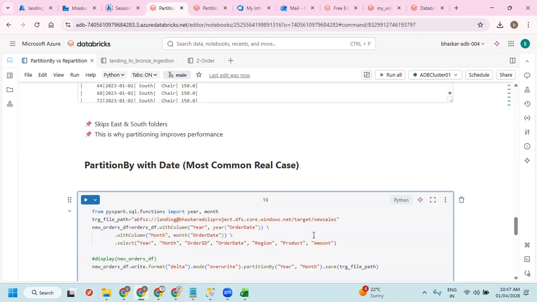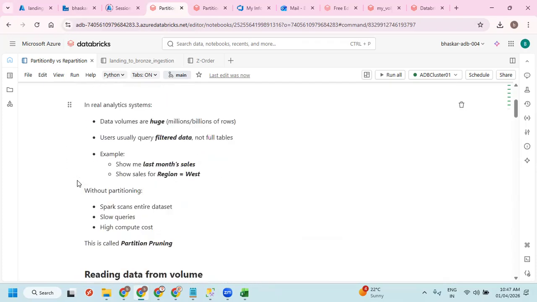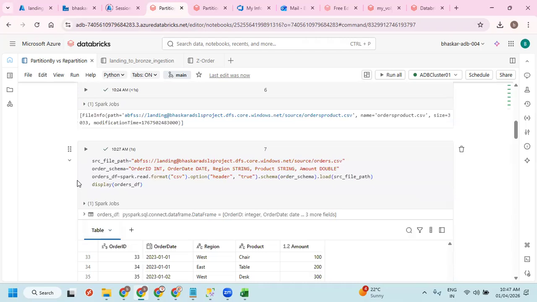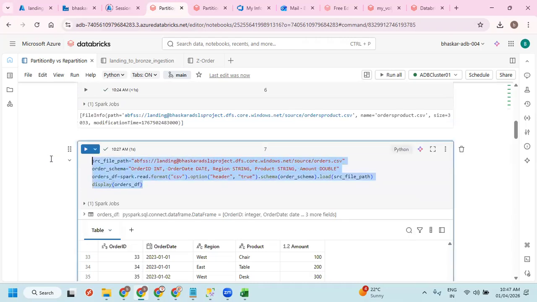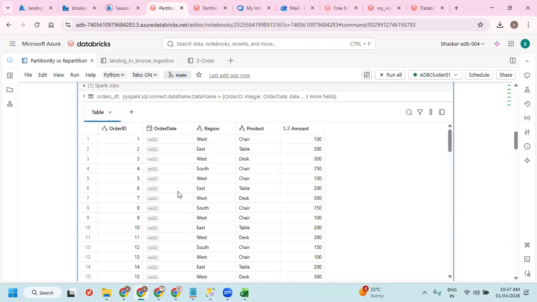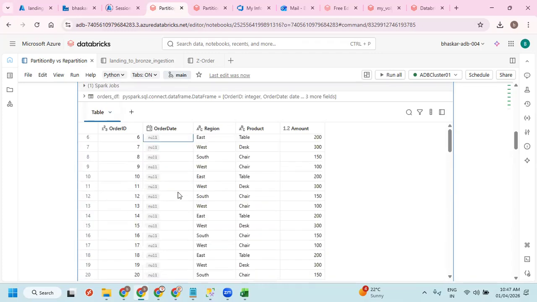Okay, new sales. And I need the source file path also, because I have changes in the file, so I have to recreate this data frame. Let me rerun it. That is enough. What happened? If I change that, it is moving off.